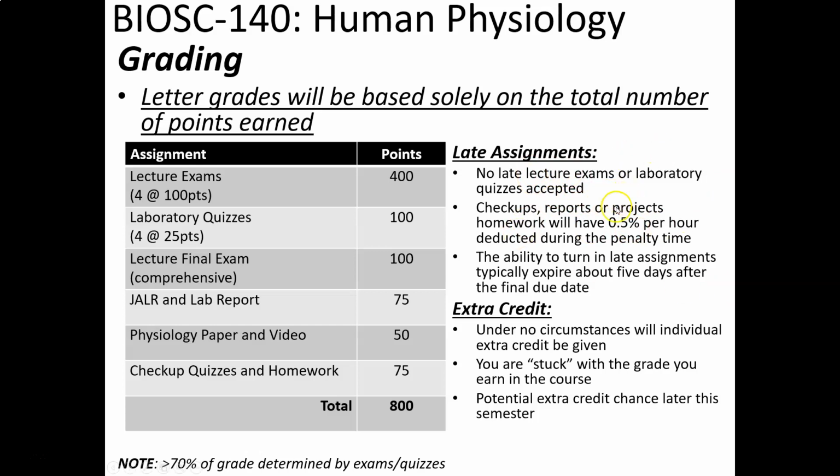And usually this goes for a couple days, and then you have an expiration date, and after that you can't turn anything in for any credit. So typically things expire 3 to 5 days after. I've changed it a little bit to try to make things not clustered together too much. Part of it has to do with the scheduling of when the exams are and when you are preparing for exams, to try to make it more consistent. And again, if you look at the last couple pages of the syllabus, all of these dates are shown for each assignment that we have, at least right now, scheduled.